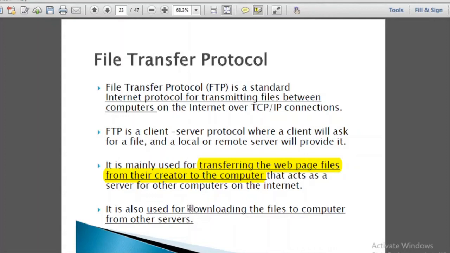It is used for downloading files to the computer from other servers. So when you are downloading a file, say an ebook, that is a file, so FTP along with internet protocols is used. Whenever you work on the internet or on any network, you are not using just one protocol. You will be using more than one protocol, because first you are using the internet, so there will be internet protocols like HTTP, HTTPS, SMTP. Then you will obviously be using some email, so you will be using SMTP or POP3. Then you are transferring files. So when you work in an environment, you are using different types of protocols.